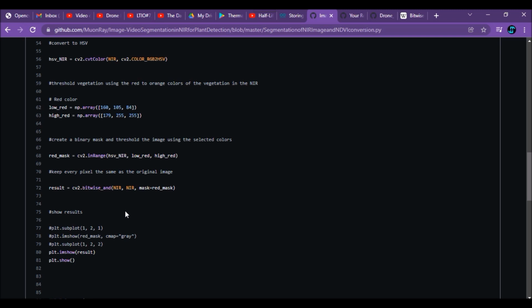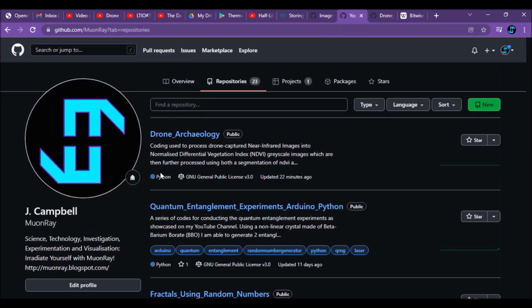So if we had a 1 value, a high value, let's say, of near infrared, then if we use the bitwise not and our red mask, it would then give a 0. But if we had a 0 value or a low value of our near infrared, it would give a 1 as a value using not. So that's what I did in this research, which is looking for essentially stress caused by tombs or cairns in an image,